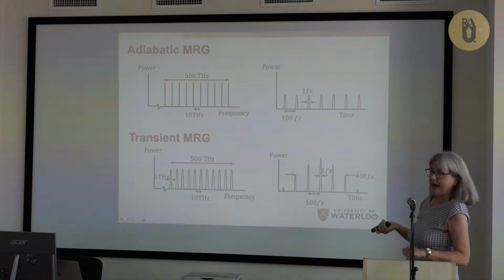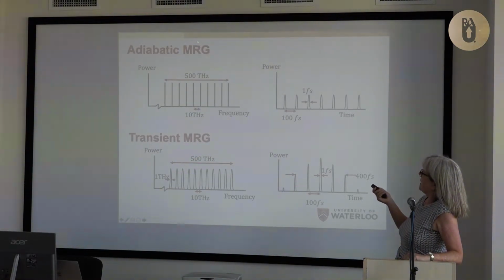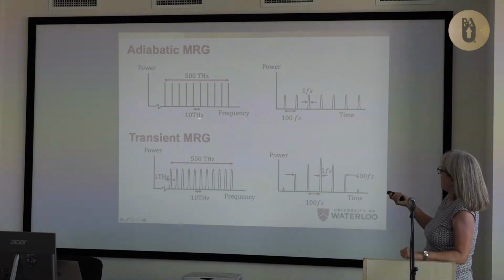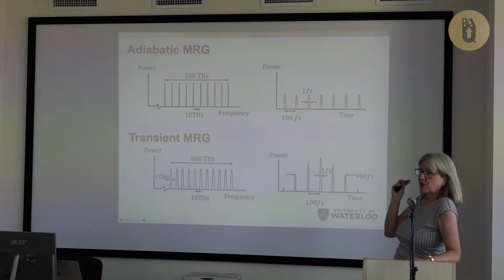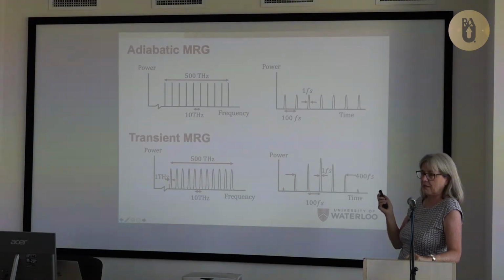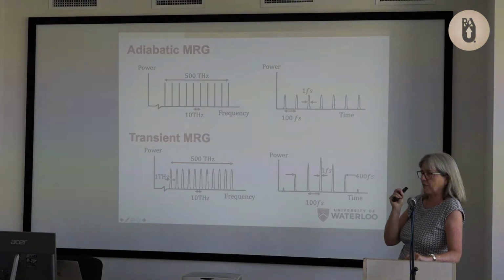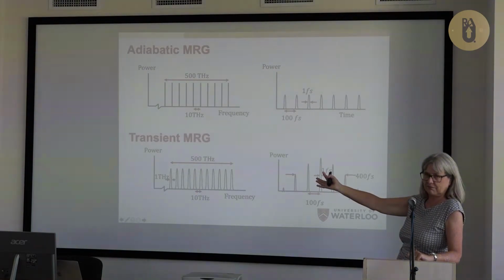All right, so now we're going back and we're going to look at these two. It's the same idea as a mode lock laser versus your attosecond in a way. In the adiabatic MRG, you have these very narrow lines, which means that you have 100 femtoseconds between the pulses, 1 femtosecond pulses, and that's all good, but remember it goes on for a long, long time, and so your energy per pulse is not there. So right now, the only groups that have managed to compress these pulses have worked in the adiabatic regime. So we've had single femtosecond pulses, but always much more like a mode lock laser. They're coming out long, long trains.